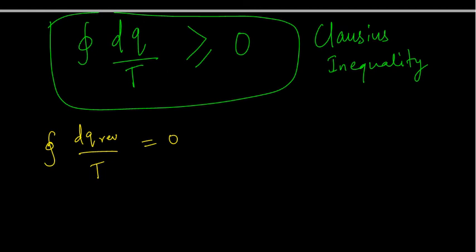We'll come to that, and you will see how it matters. For the moment, it's just dq by T. dq reversible by T is 0. What it means is essentially that the integral of dq irreversible by T is